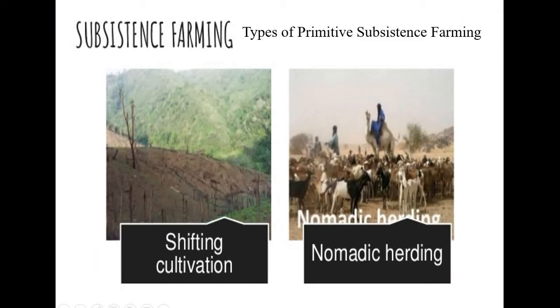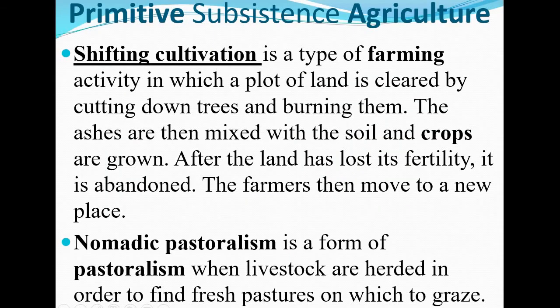Primitive subsistence farming has two parts: shifting cultivation and nomadic herding. Shifting cultivation is a type of farming in which a plot of land is cleared by cutting down trees and burning them. The ashes are mixed with the soil and crops are grown. After the land has lost its fertility, it is abandoned. The farmers then move to a new place. Nomadic pastoralism is a form of pastoralism in which livestock are herded in order to find fresh pasture on